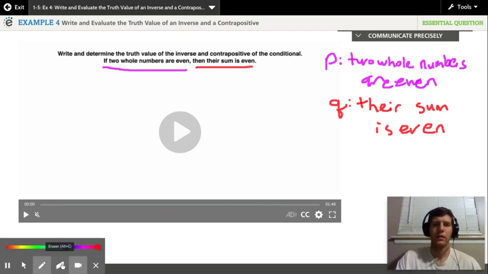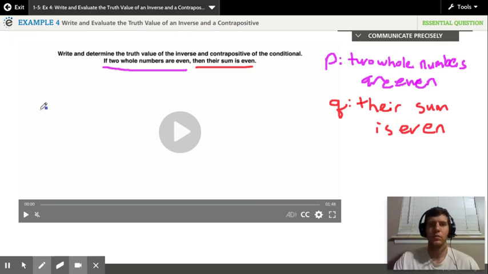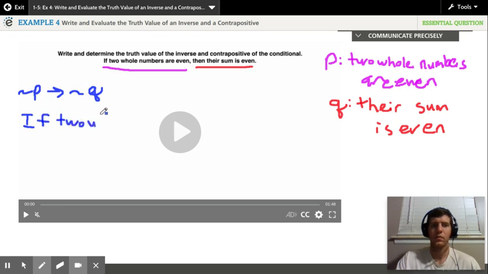Okay, so let's write our inverse first. So our inverse is if not P, then not Q. All right, so we're going to start with if two whole numbers are not even. It's probably easier for you to watch their video than mine here. But if two whole numbers are not even, then